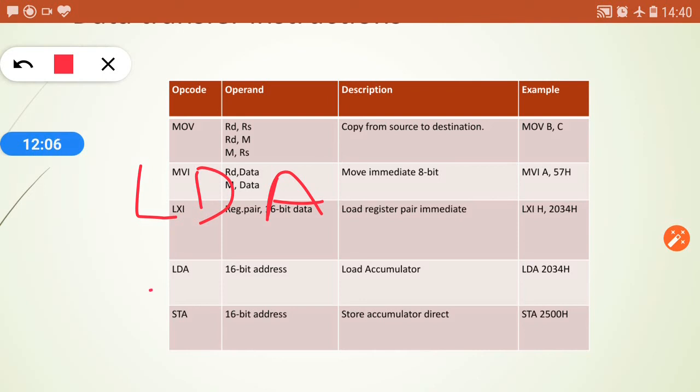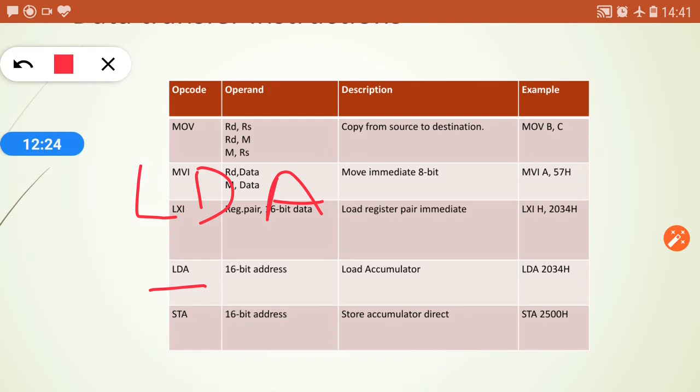So you can use this LDA command for loading data from a particular memory location of a memory device. For that you require the 16-bit address of the particular memory location, so that you can access that data and load it to the accumulator.